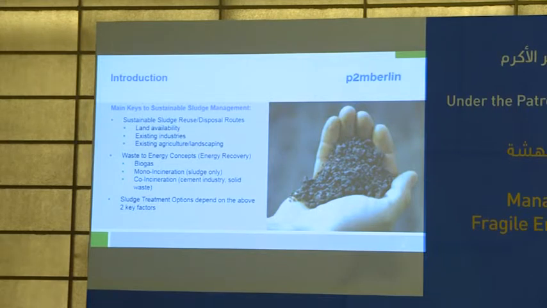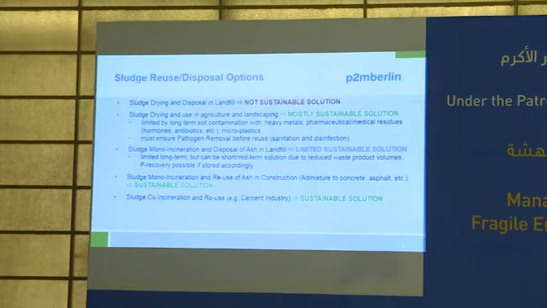Agriculture, landscaping: is that a viable source for me to dispose of or reuse my end product? And then I look at waste-to-energy concepts as well. We heard about biogas. We can look at mono-incineration or co-incineration. And then based on those two main factors, you can figure out what your treatment steps and processes are, as we've heard already. For us,